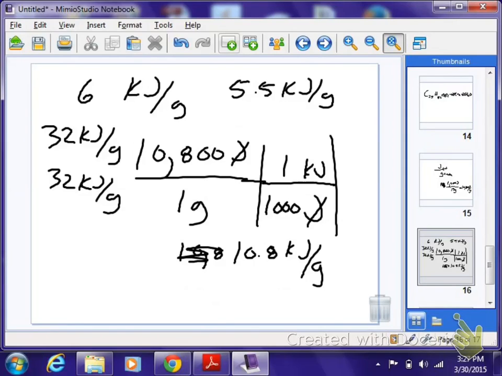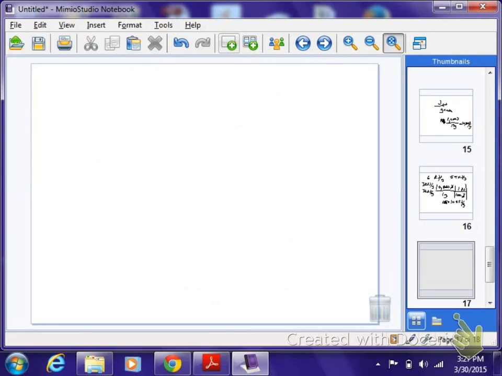So what we calculated is kilojoules per gram. Now we're going to go kilojoules per mole. So here's how you do it. All right? There's 352 grams in a mole. For, if I go